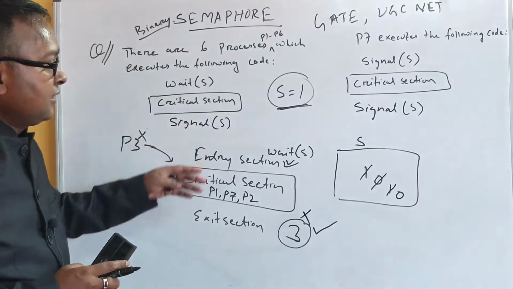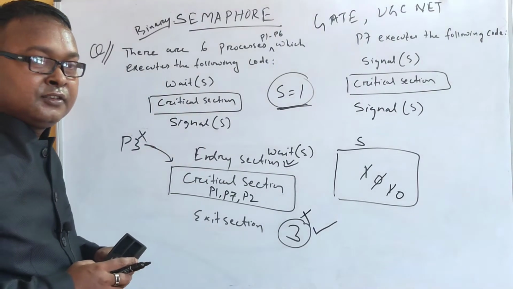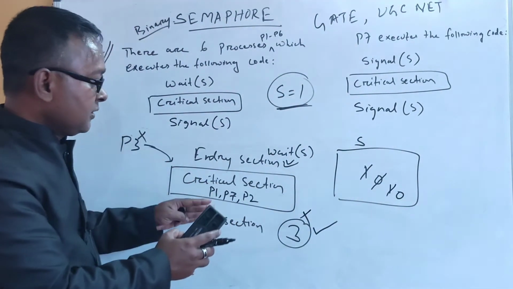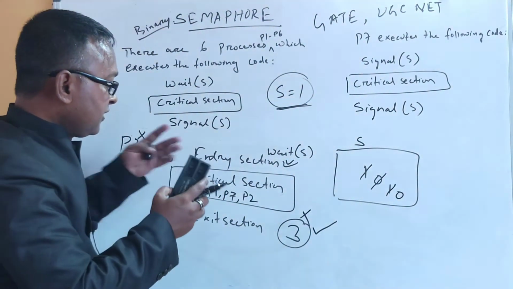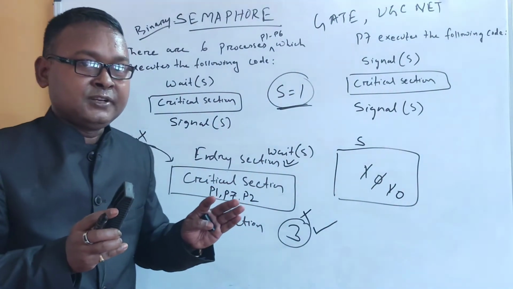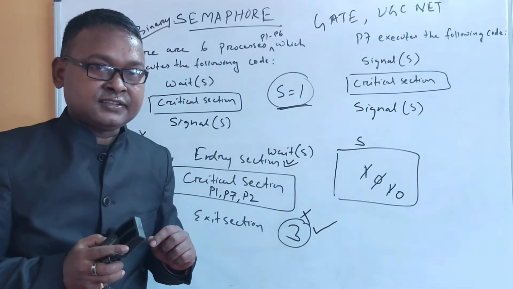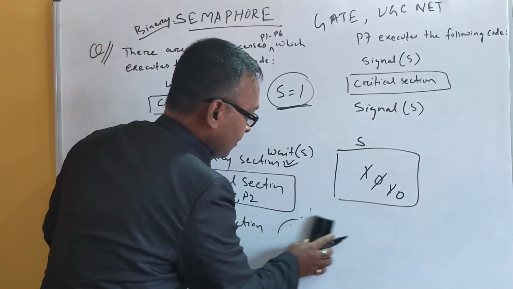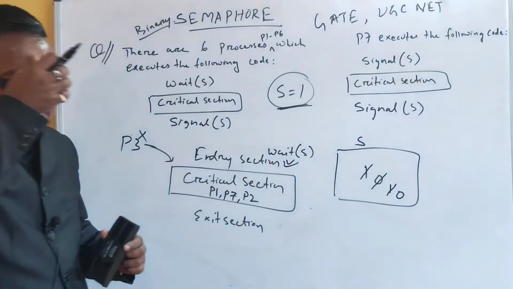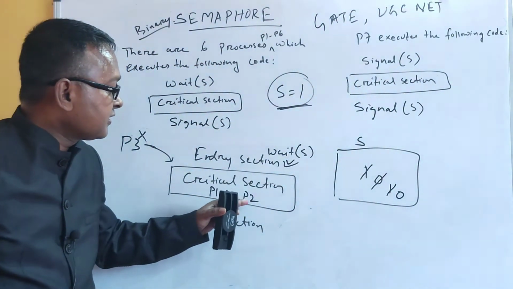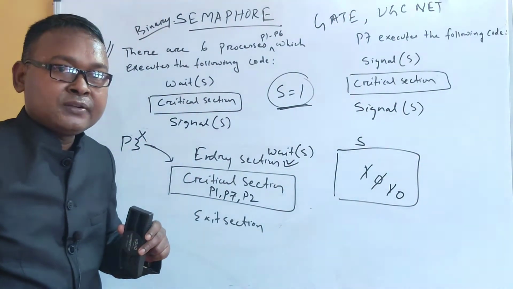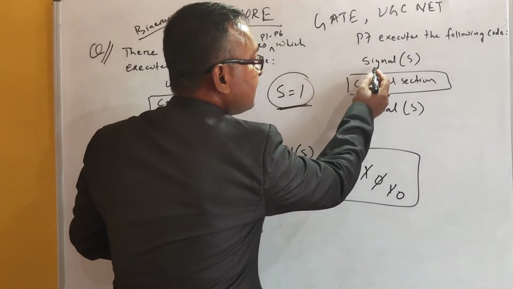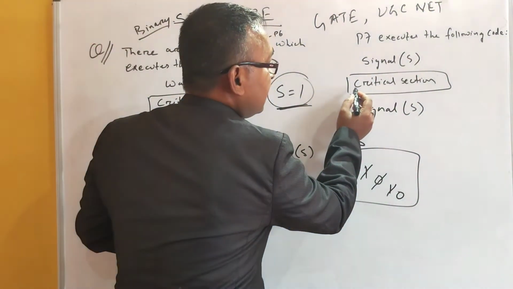So are you seeing any possibility? If you look at it in a very clear manner, any possibility? At first glance you are not seeing any possibility. Only 3 processes can enter into the critical section, but 3 is not the correct answer. It is wrong, right? So what is the total number of processes that can enter into the critical section at a given point of time? You might have missed it: